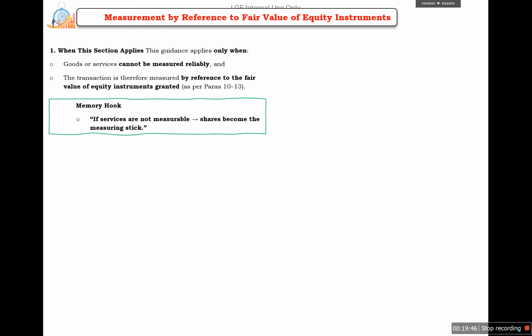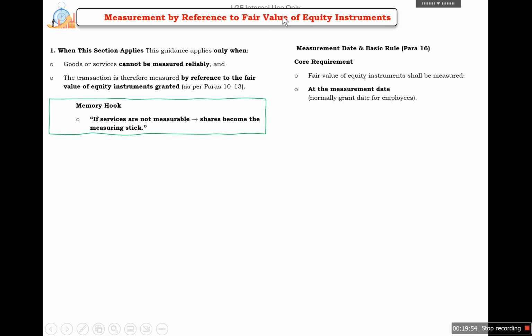Next is about measurement by reference to the fair value of the equity instrument. This section applies only when the goods and services cannot be measured reliably, and the transaction is therefore measured by reference to the fair value of the instrument that has been granted. So if services are not measurable, then we have to look for the shares. And in this case,